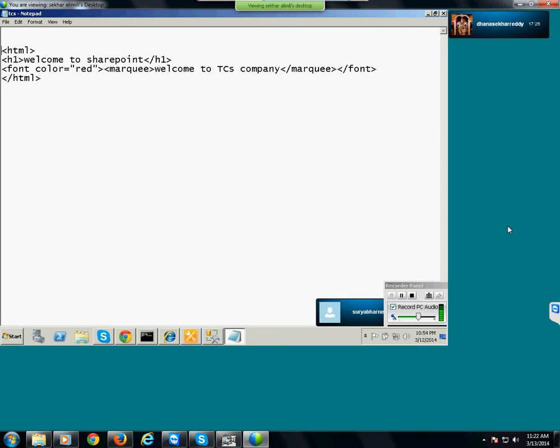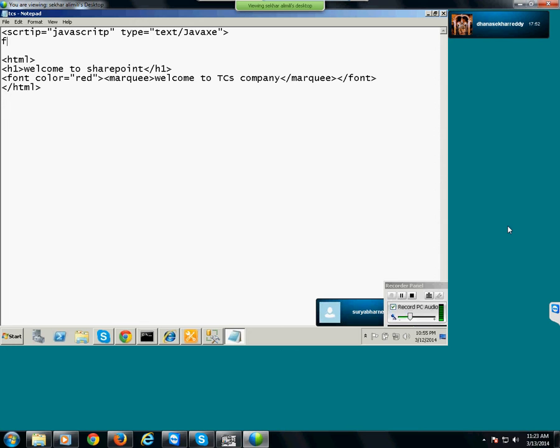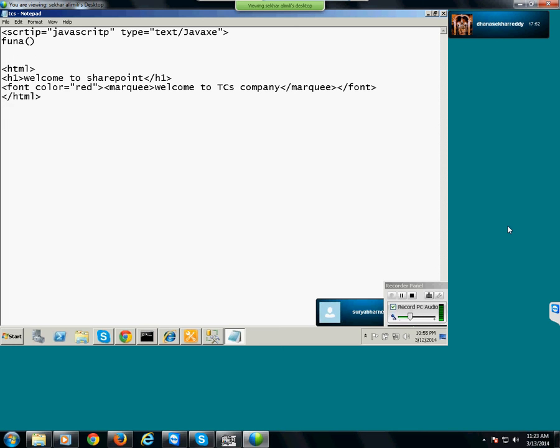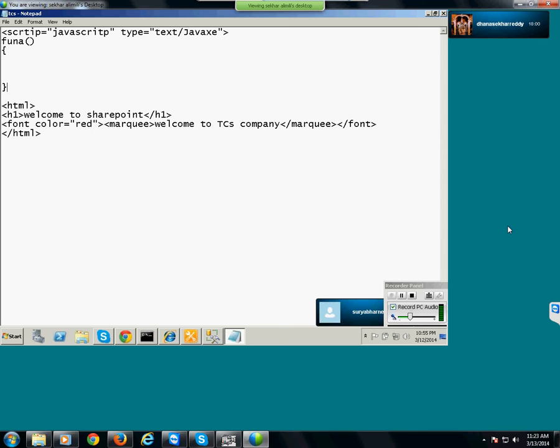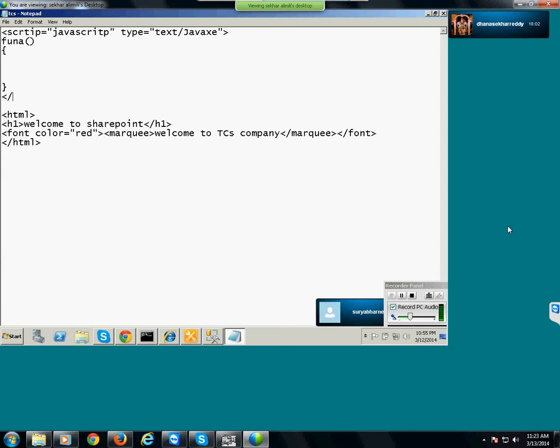Before that, the script tag: type equal to text/JavaScript. Next, write the function, some ABC, and write the code. Now close the script tag.